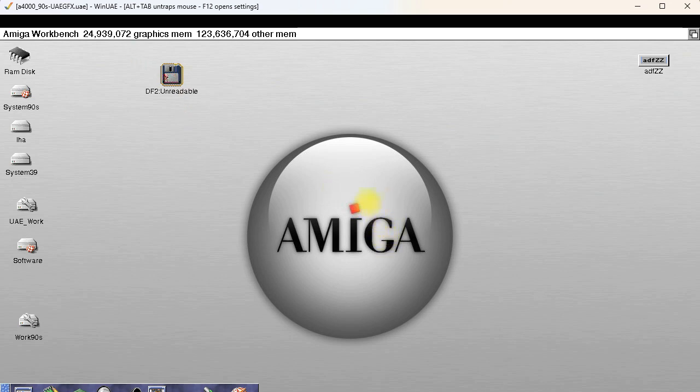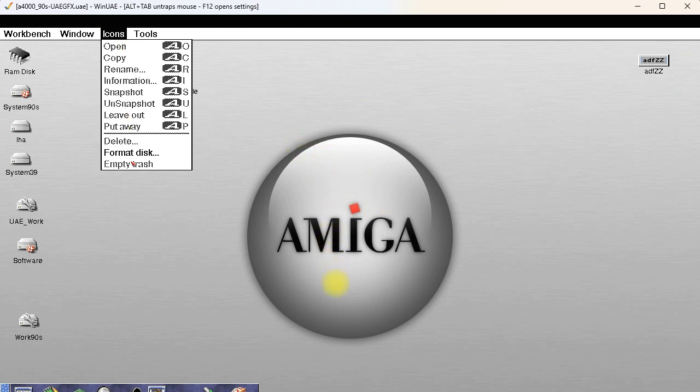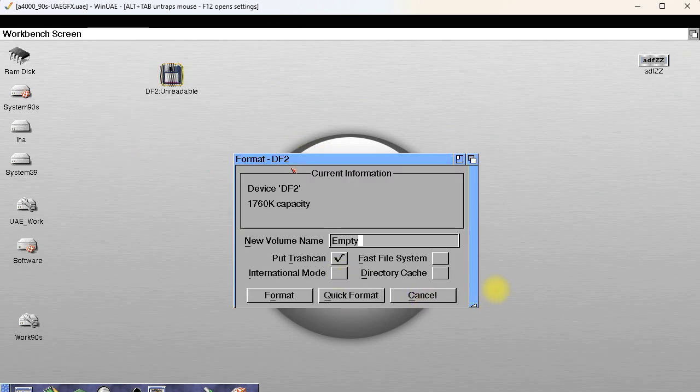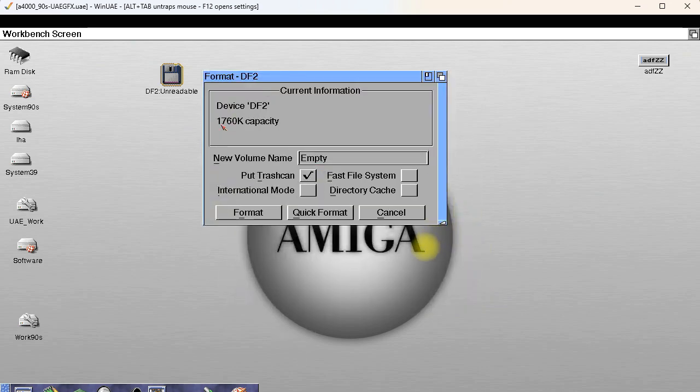IBM compatible format. So we're just going to select it, and we're going to go Format Disk. And as you see, it does detect that it is an HD disk and has a capacity of 1760, which is higher than the standard 1440, but that is the Amiga HD capacity drive. And all we need to do now is just format. You cannot quick format this because in this case we need to full format it. So it will take time, but